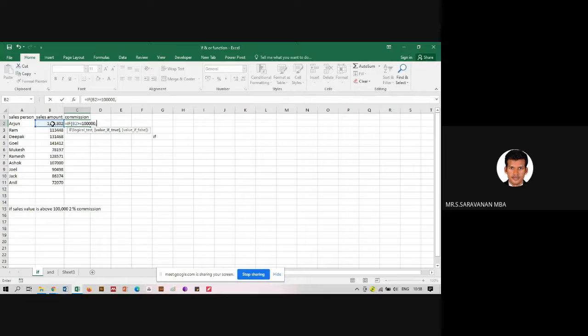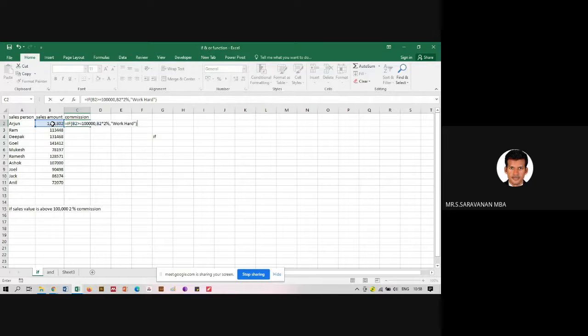If the first condition is met, click again, into 2%. 2% commission will be paid. If that criteria is not met, we will motivate them: work hard.